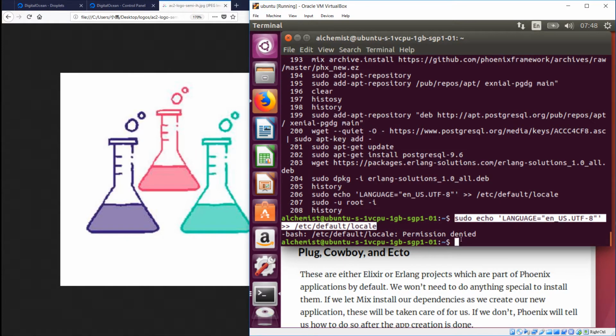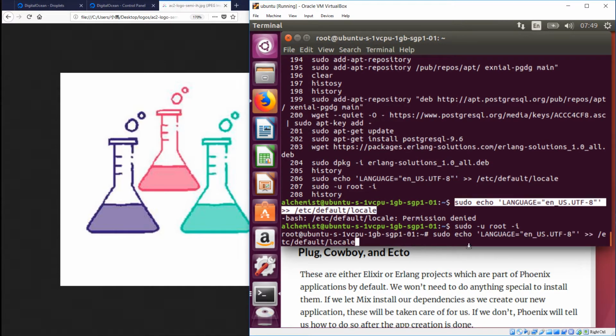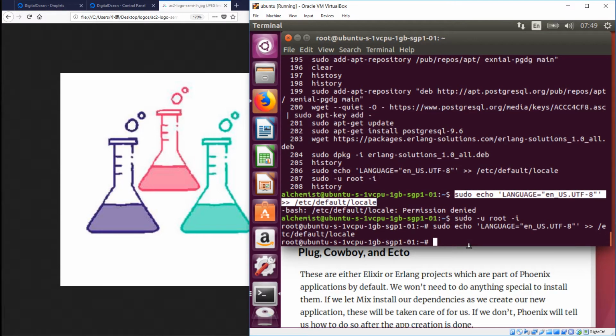Then I'll copy that in. So sudo -u for user, root, -i for interactive. And now as root, we'll execute the same command. Okay, that's updated. We got one more. So we'll also echo